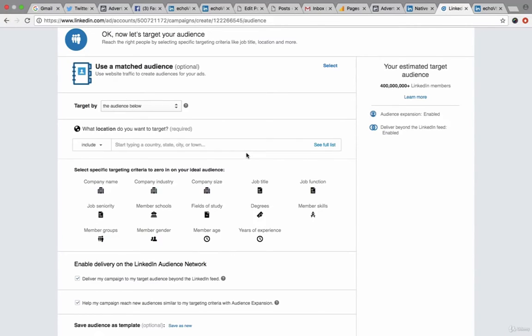I decide on who I want to reach out to. I can now target people on the basis of the company name, so employees of a particular company, company's industry, company size, job title, job function, job seniority, member of a particular school, field of study, degrees that people have taken, the skill sets people have, if they are a member of a particular group, gender, age, years